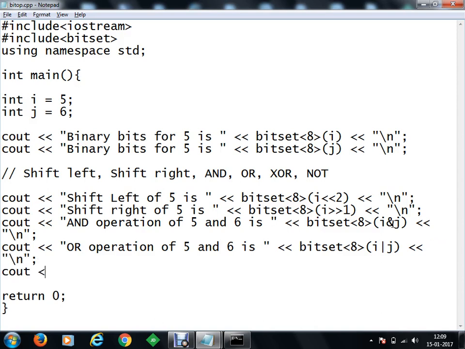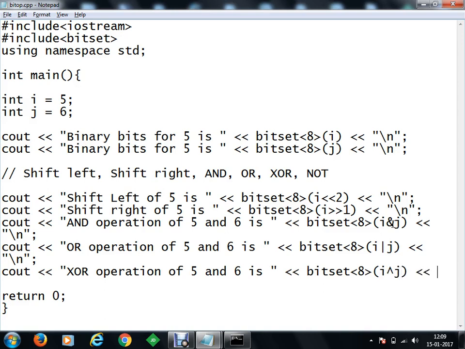Then we have to perform your XOR operation. So XOR operation of 5 and 6 is something like this, bitset 8, and you can put something like 8 bits. XOR operation is this. Okay, I XOR J, and let's just print the value out.